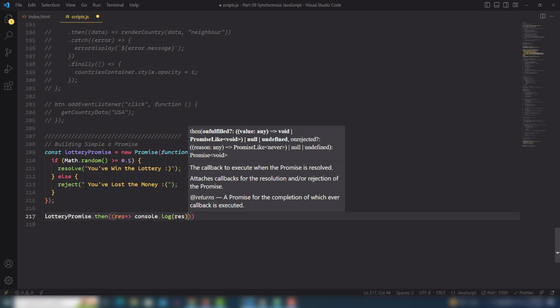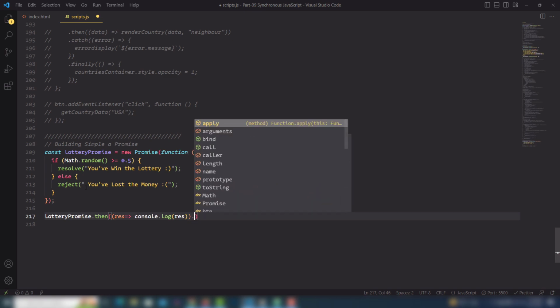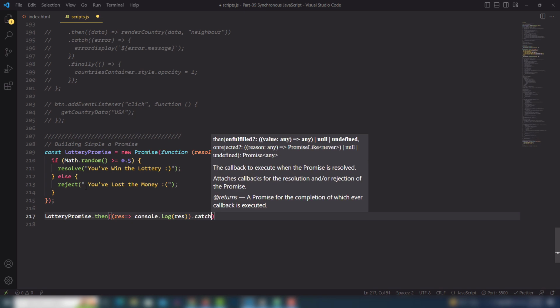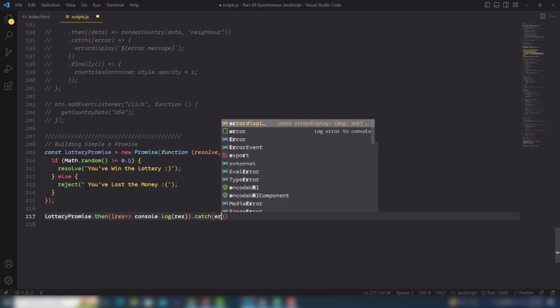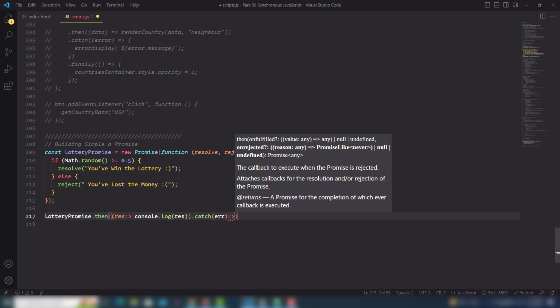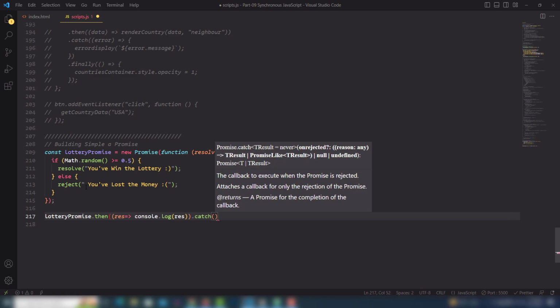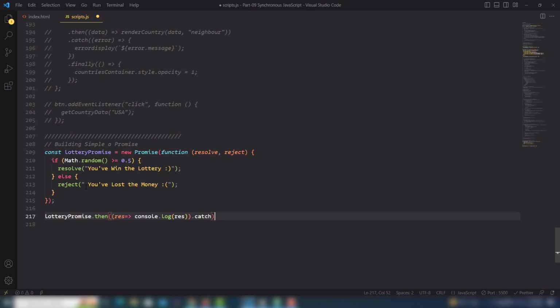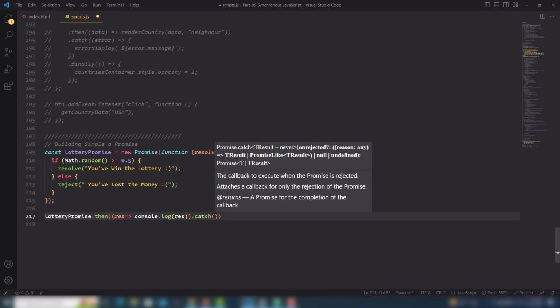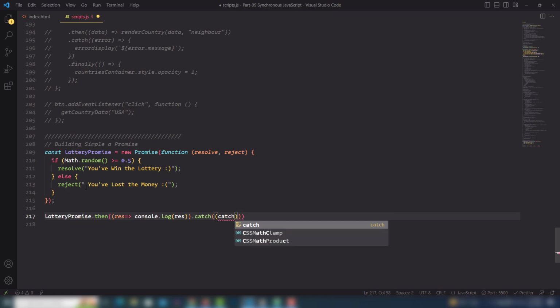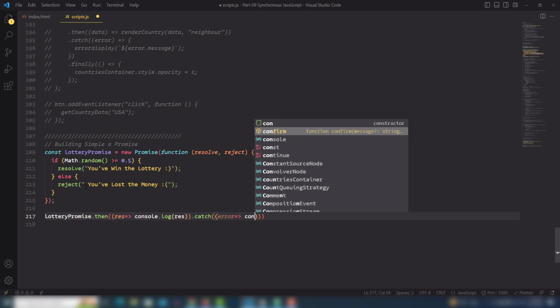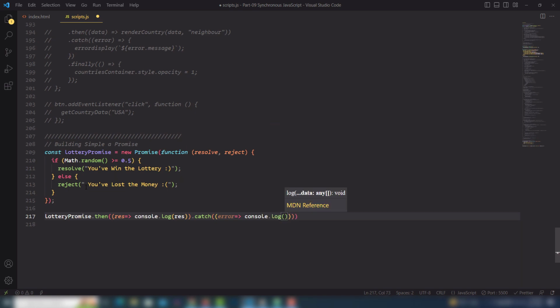And after that I need to use the dot catch to display the, so I'm gonna use, in a minute, catch, and yeah, I'm gonna use console.log and